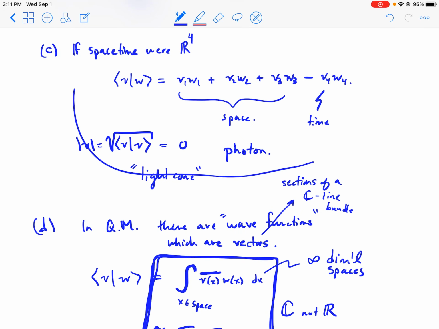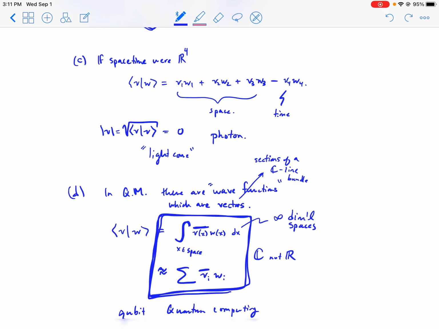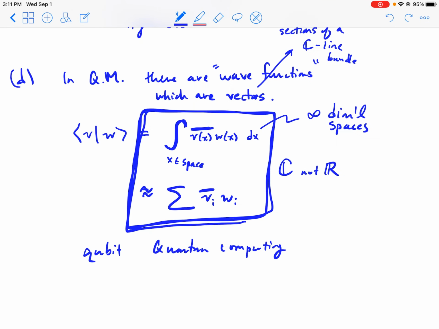Yeah, so what do I want you to know? The space-time thing I'd like you to know. You turn this into a minus. It's the same formula, almost. And then this thing, I'd like you to know that the sum of the components turns into an integral of the components. And the components here are the values of